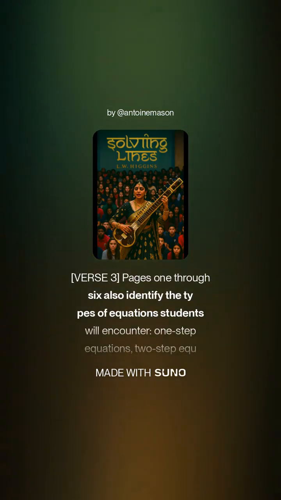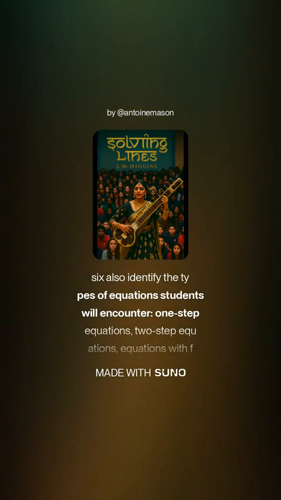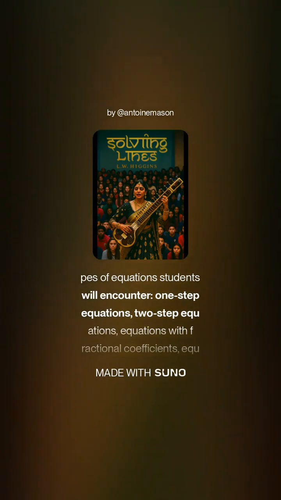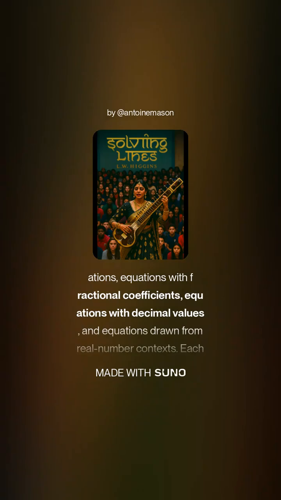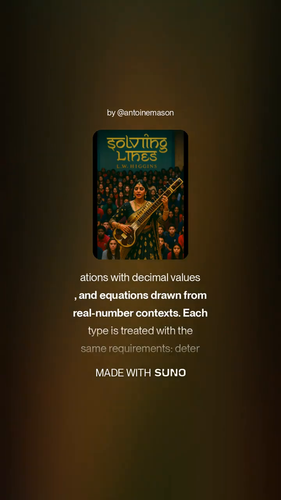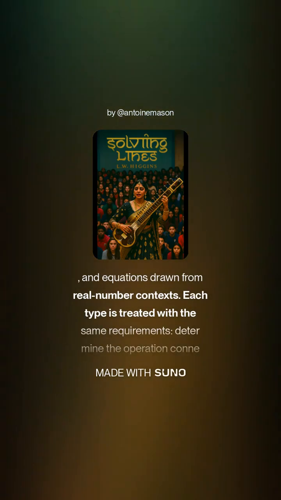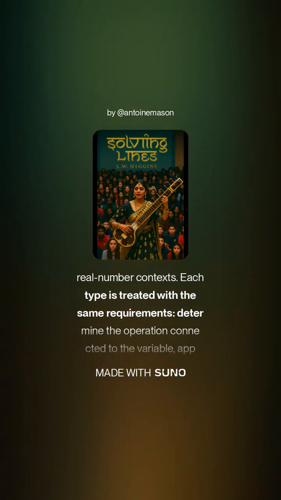Pages 1 through 6 also identify the types of equations students will encounter: one-step equations, two-step equations, equations with fractional coefficients, equations with decimal values, and equations drawn from real-world contexts. Complex text type is treated with